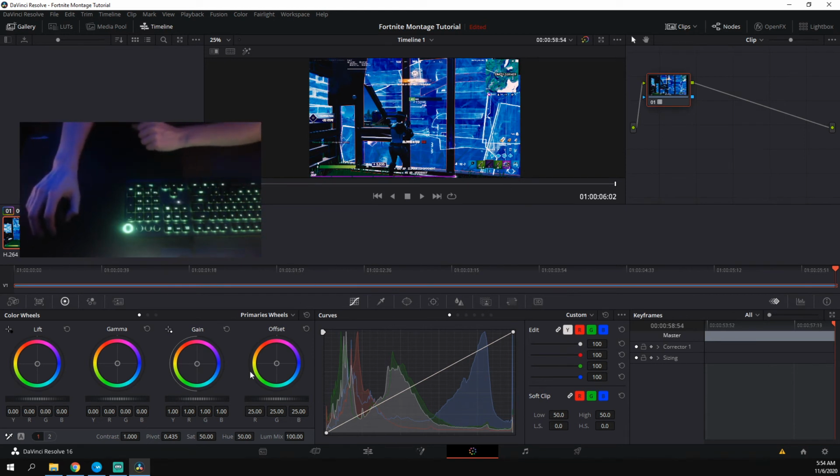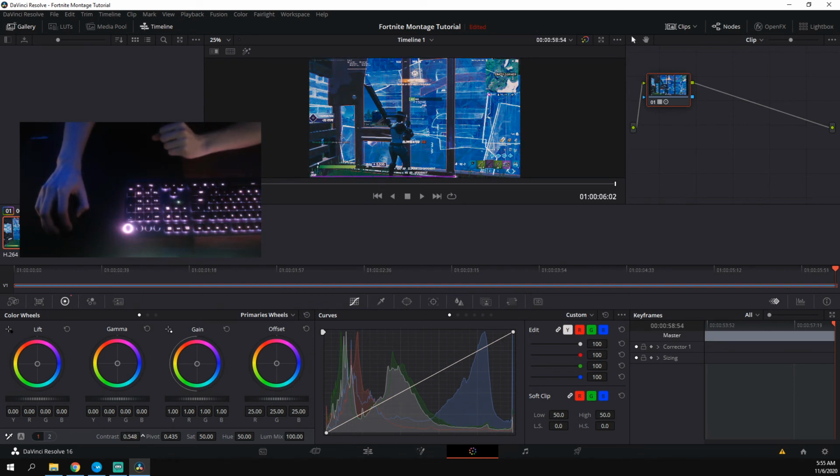So now we can adjust some of the things so the clip looks a lot better. The things you want to adjust are right here on the bottom: contrast, pivot, saturation, hue. I would really mess with the hue. Contrast, definitely. If you lower the contrast, there are fewer shadows. The default was 1, so if you bring it down just a little bit, like maybe 0.5,